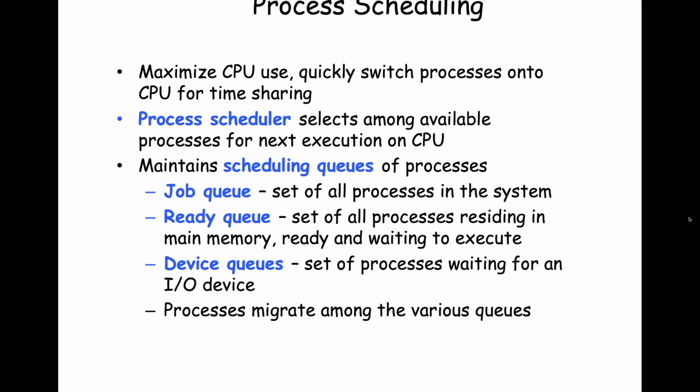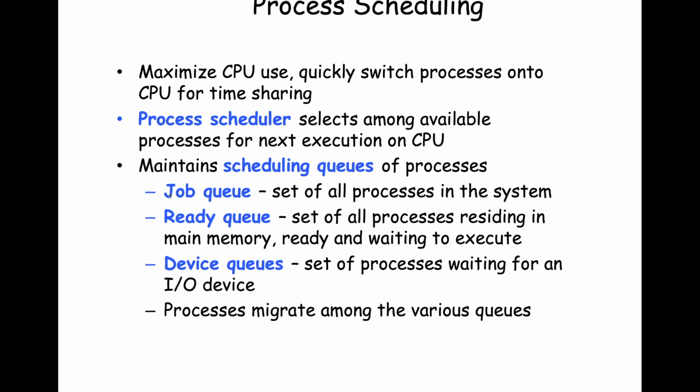There's a task in the operating system called the process scheduler. The process scheduler is that part of the operating system that looks at the linked list of available PCBs or processes and selects from among them. The one it selects is going to be the one executed next on the CPU, i.e. its information in the PCB is going to be copied onto the CPU. The operating system maintains a bunch of queues, and these queues determine what processes are available to contend for sharing of the CPU by the process scheduler.